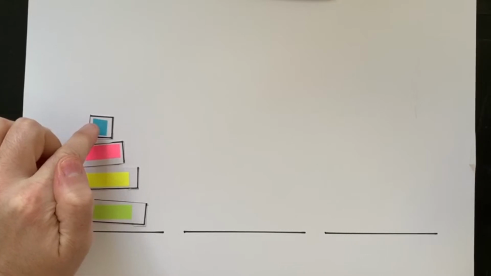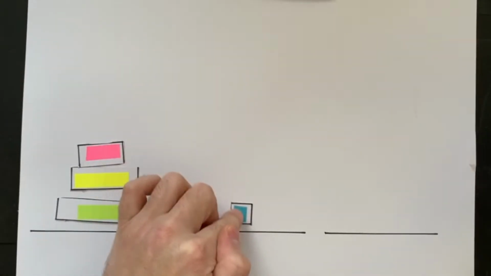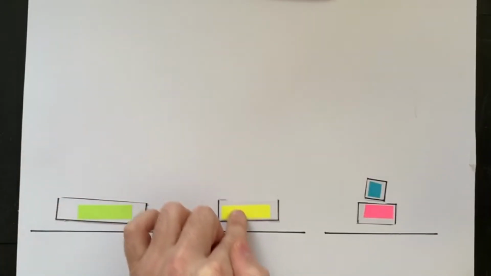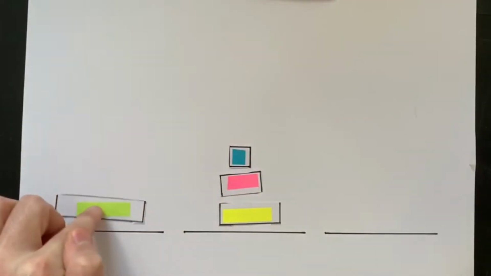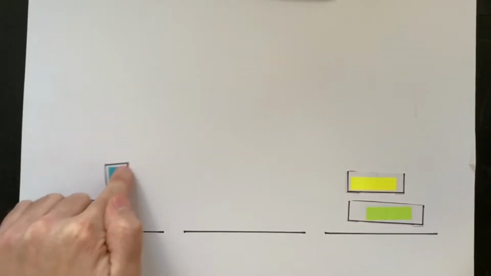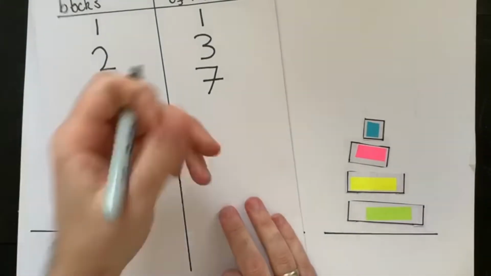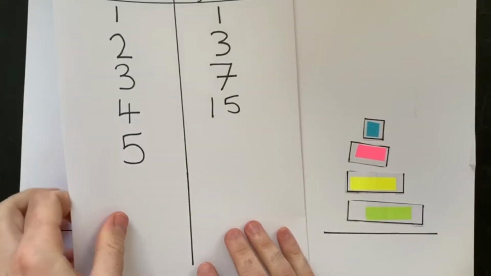Okay, so I'm going to go like that for 1, 2, 3, 4, 5, 6, 7, 8, 9, 10, 11, 12, 13, 14, 15. Okay, so I've done it in 15 moves, and if you got 15 moves as well, well done. You've managed to do that in the smallest number of moves. So we'll now move on to